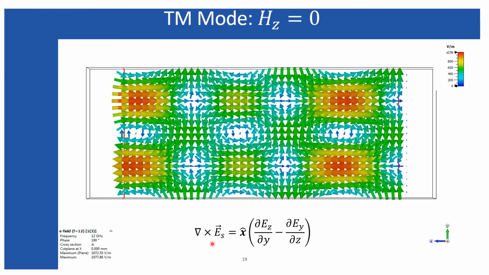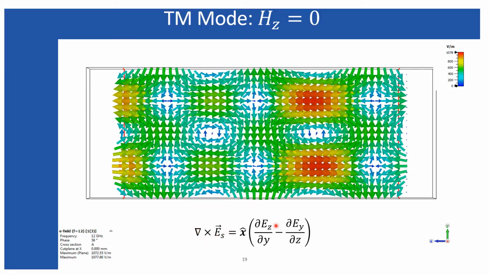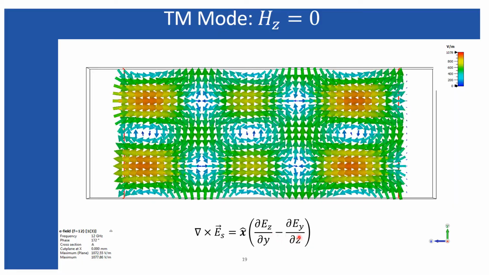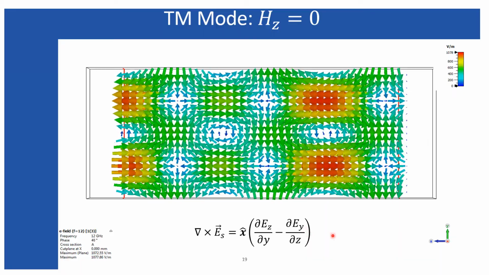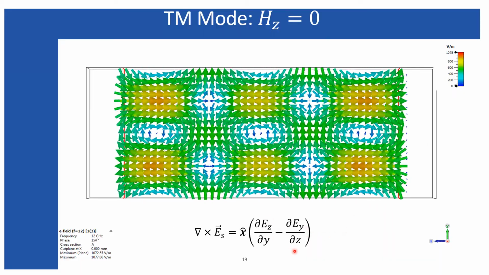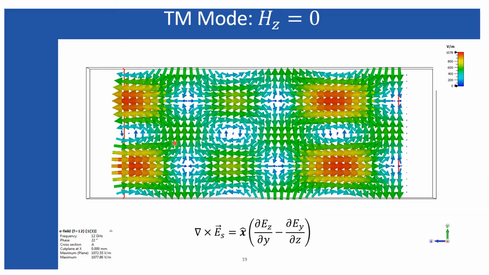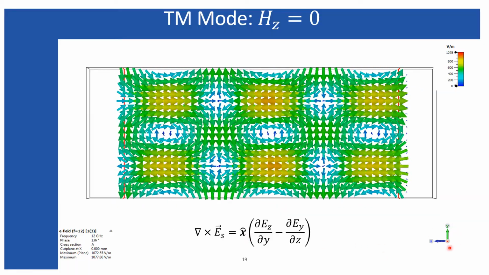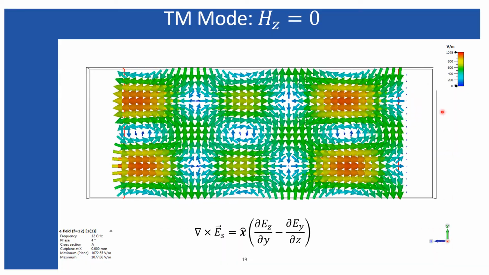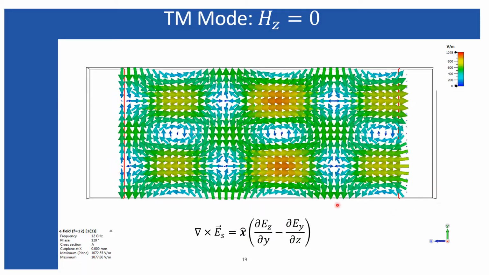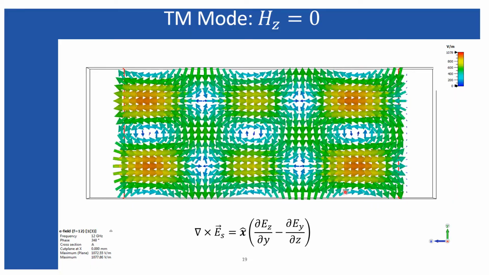As I told, that electric field, which is the curl operation I have obtained, includes this expression. So both the Ez and Ey components will exist, and that Ez and Ey components rotate on the plane which has a surface normal in the x direction. So I am observing the YZ plane over here, and you can check the plane from this little gizmo I have presented. The upward direction is the y direction, the leftward direction is the z direction, and the direction towards you is the x direction.